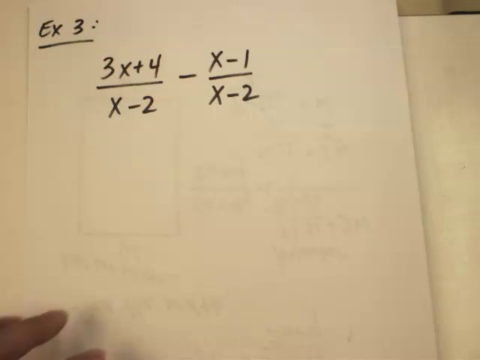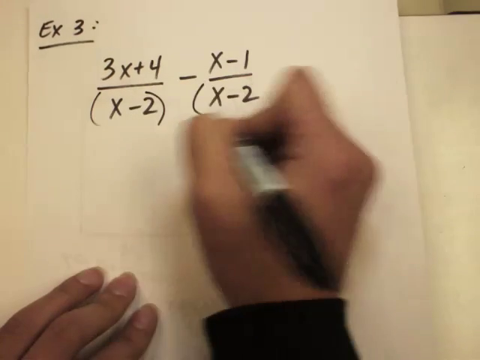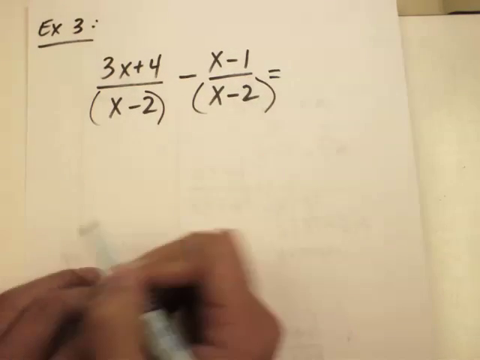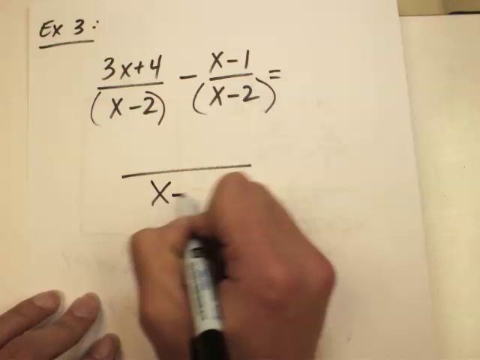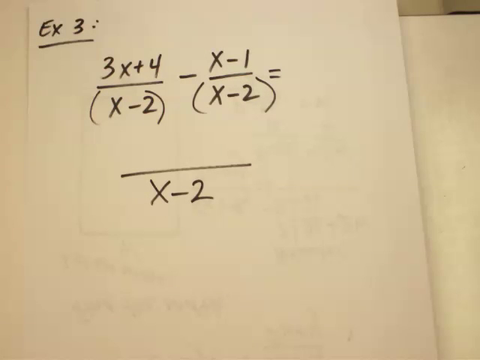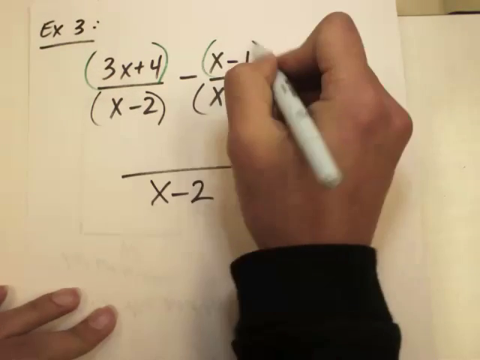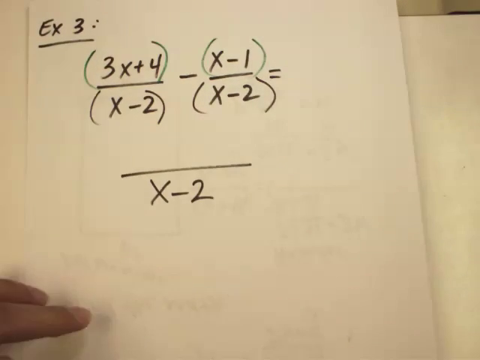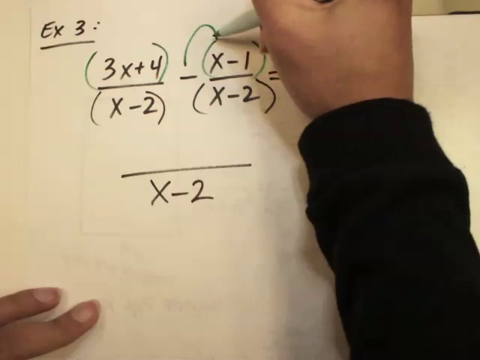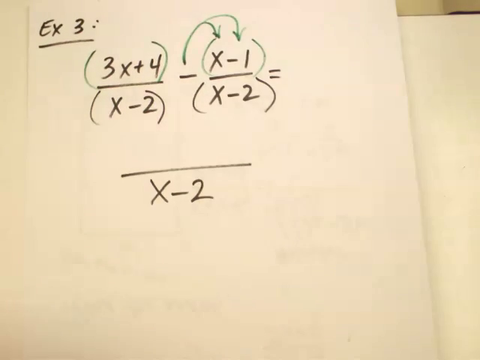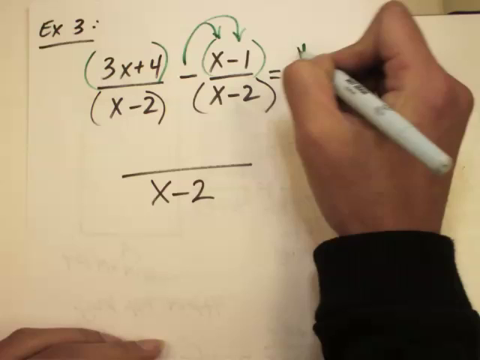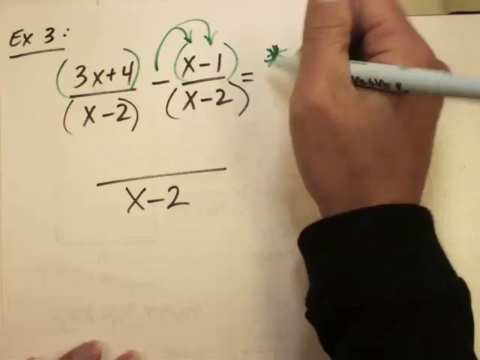Okay, it is the same in the case where denominators are the same, so you carry that over. Okay, however, there's one important note to make when you are subtracting, and that has to do with the sign. What I encourage you to do is actually to put all your binomials in parentheses, because that will really accentuate the sign. It will remind you that you need to distribute that sign. Okay, so write a note to yourself,